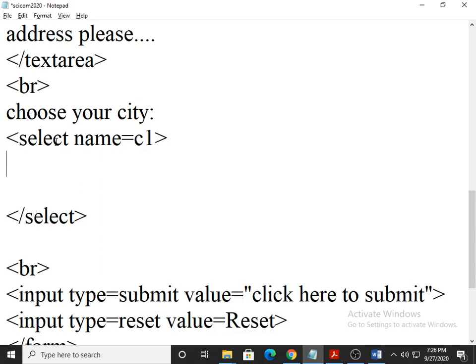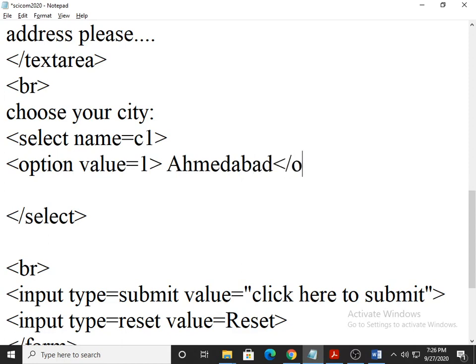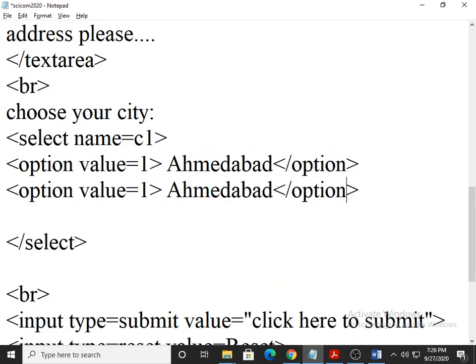So here we will go for option value is equal to 1, and then I mention Ahmedabad /option. Then I'll go for the second value.